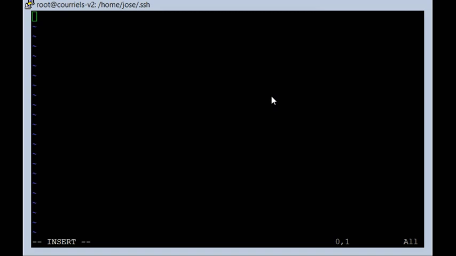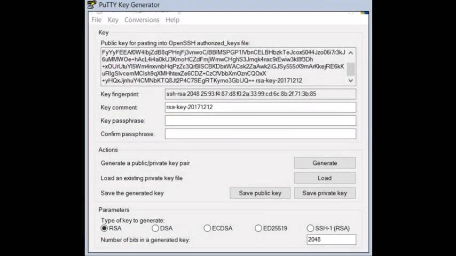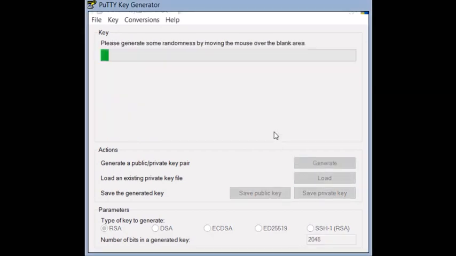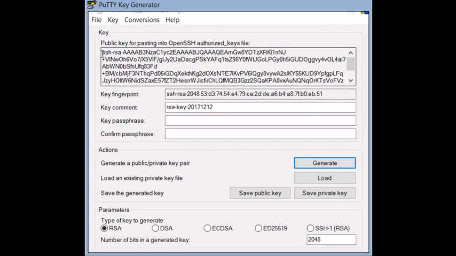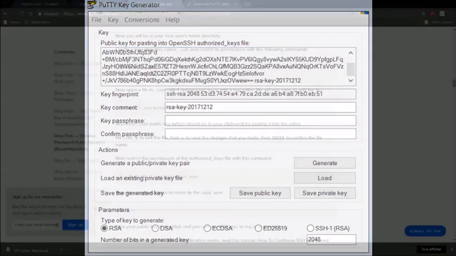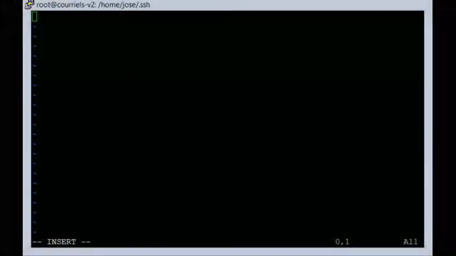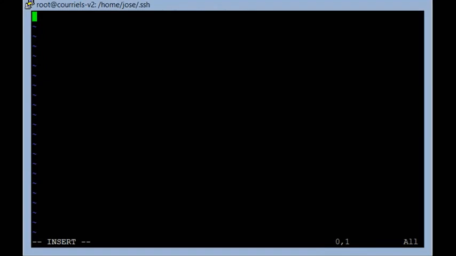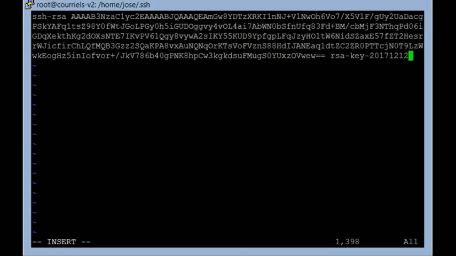Then I go back to PuTTYGen and I'm just generating a new pair of keys for my own user on the droplet. So I just generate randomness here with the mouse so it goes faster. And then I just select and copy the text here. Go back to my droplet, insert the key,